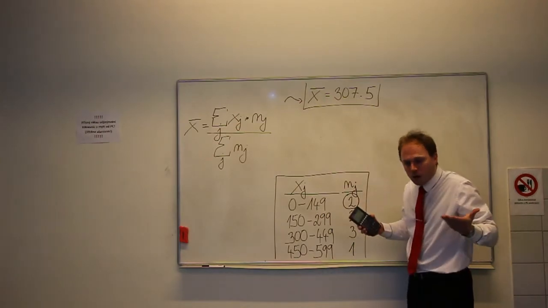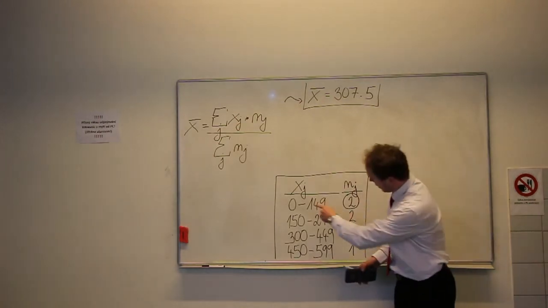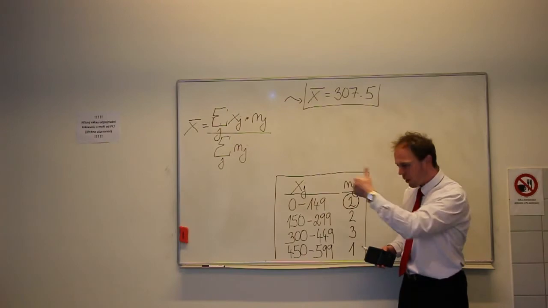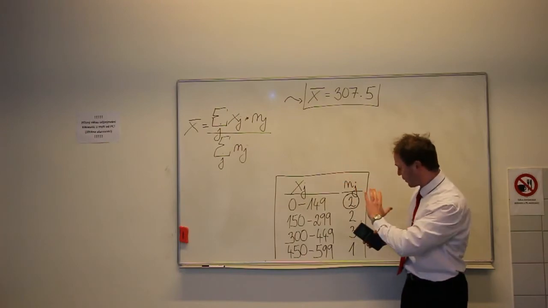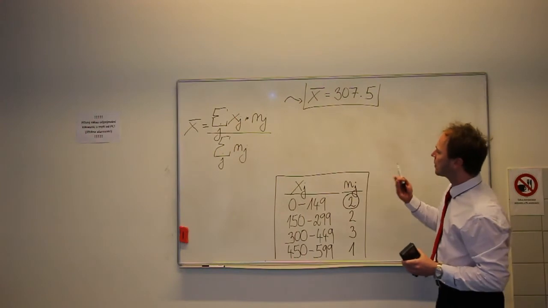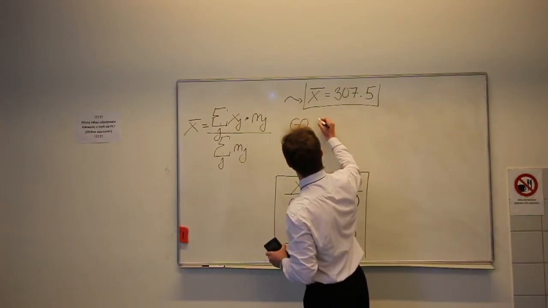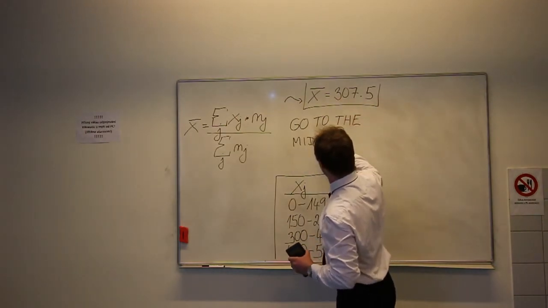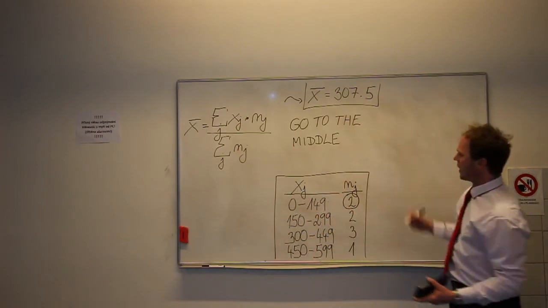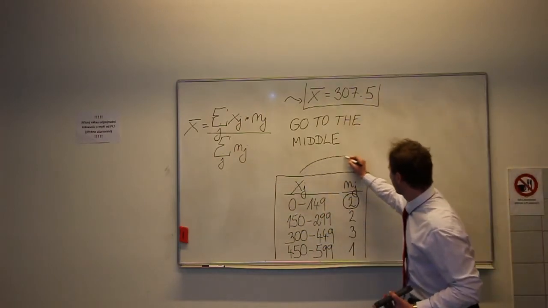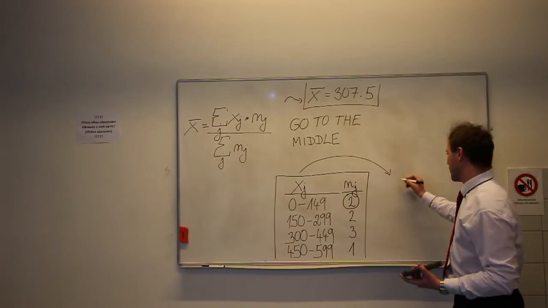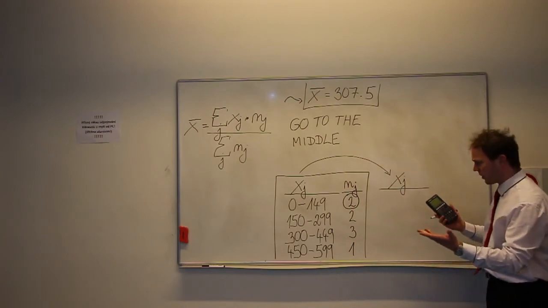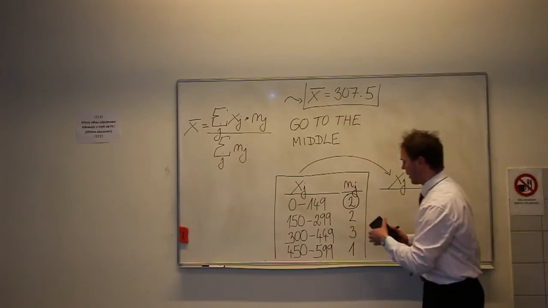0, 1, 10, 149. We don't know, yes. So there is only one way to solve this issue. We must go to the middle of the interval, yes. So there will be a new xj calculated, yes. And we will calculate this like